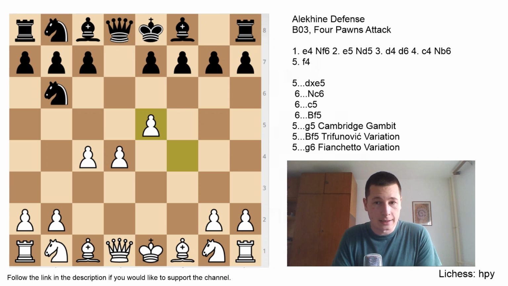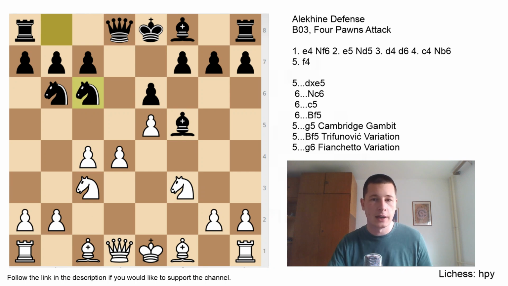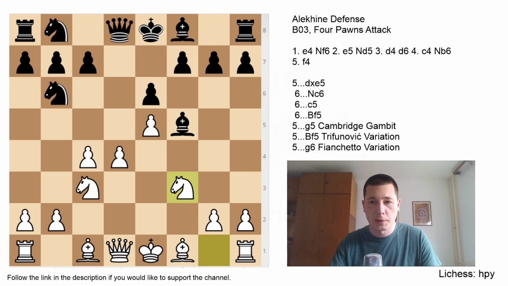The main line is knight to c6, but let's look at two different moves first. Bishop f5, same as in the Trifunovic variation, most often transposes: knight c3, e6, knight f3, knight c6, and now you have entered the main line. However, after knight to f3, black can choose to play the move bishop to b4. And bishop to b4 is quite different, but I would say that it's less good than the main lines,